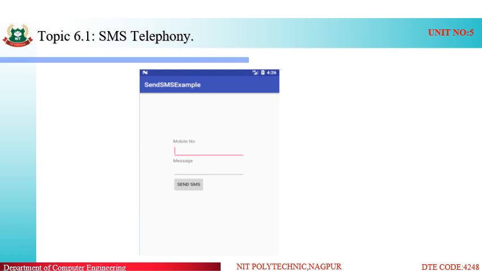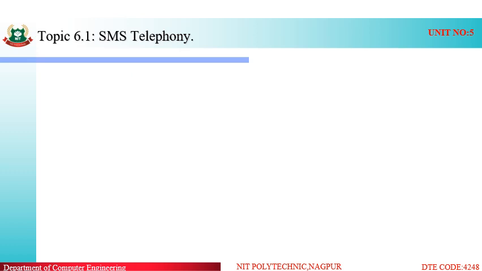A sample screen is shared here where we are entering the mobile number to which the message is to be sent, and our message, and by clicking on the send button it will send the particular message. For creating this user interface, we have to take the layout and then use two text boxes, two labels and a button. Inside the button functionality we have to provide the intent or use the SMS manager API.